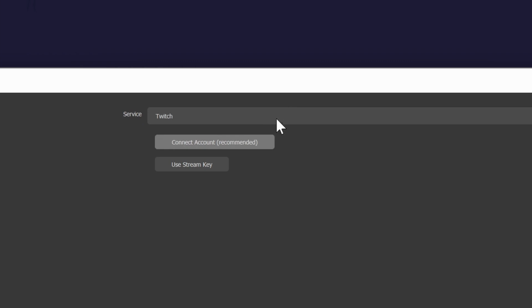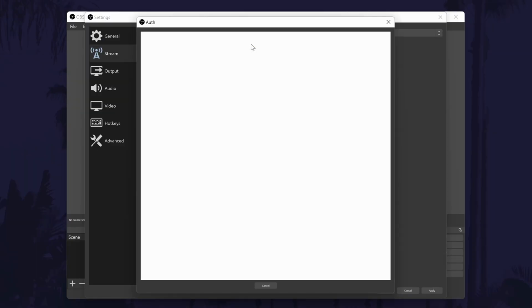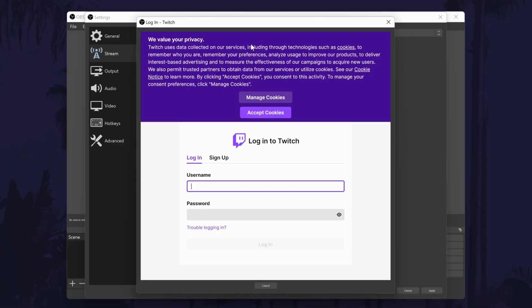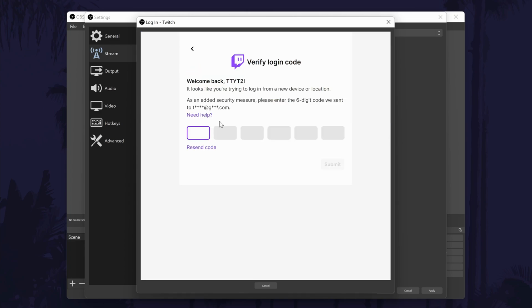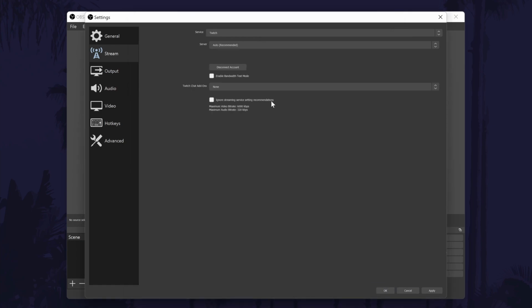First, make sure Twitch is selected and then click on Connect Account. A new window should now open and it may take a few moments to load. When it does load, you need to log into your Twitch account. Complete the verification to log in, and then you need to authorize OBS to use your Twitch account. This is safe as long as it is the official Twitch page, which it will be from OBS, although if you don't feel comfortable doing this or if it doesn't work, you can use the next method with the stream key. After authorizing, it should close the window and connect.